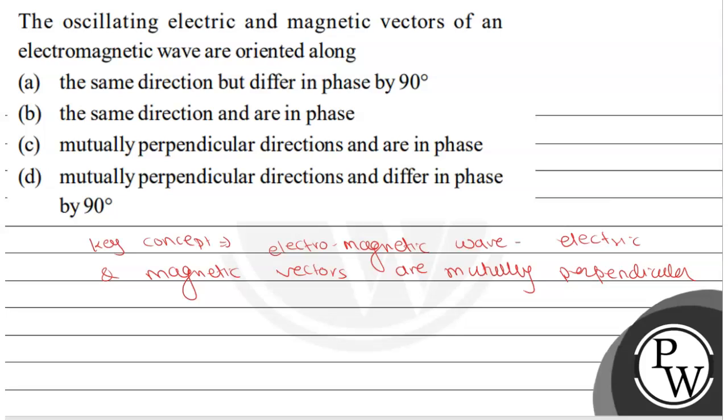So they have zero phase difference, and they are in the same place and same time. They become zero at the same place and at the same time भी सेम होगा. They become zero and maximum, वो जीरो भी सेम टाइम पे होंगे, वेक्टर जीरो भी सेम टाइम पे होगा और मैक्सिमम भी सेम टाइम पे होगा.